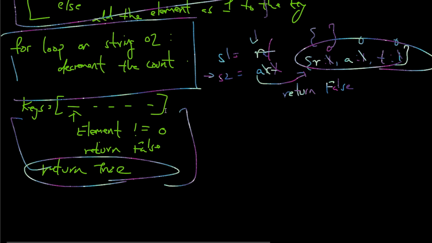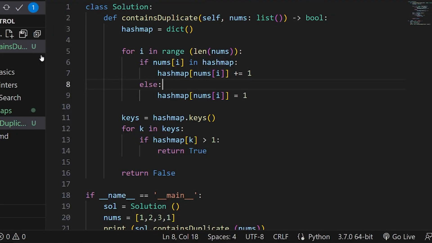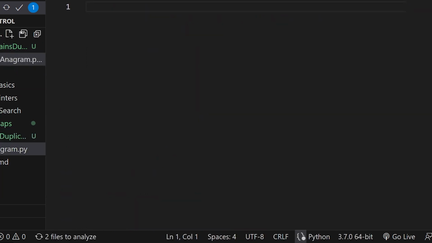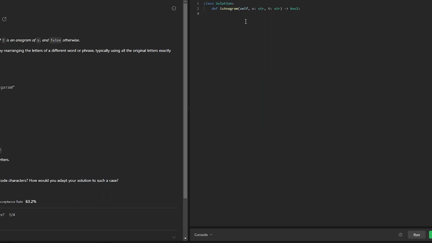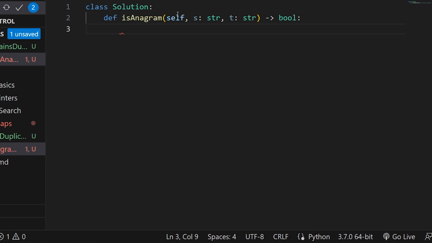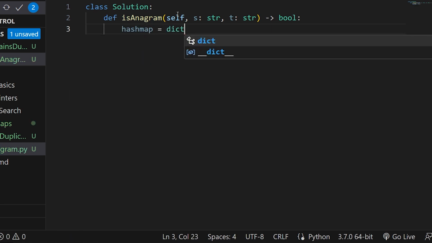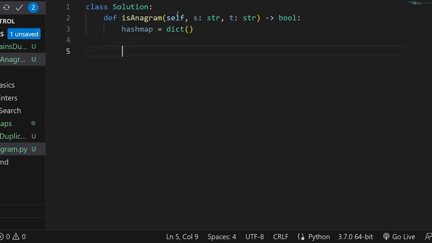Now let us write some code for this. So I'll make a new file over here, valid anagram .py, and let me copy the Leetcode. Now let us start it. For the hashmap, I'll make a dictionary as a declaration.